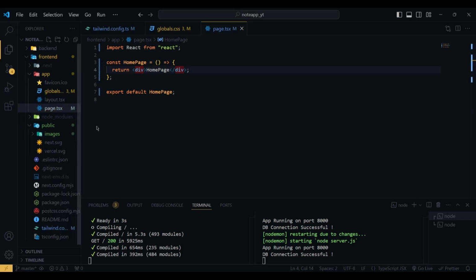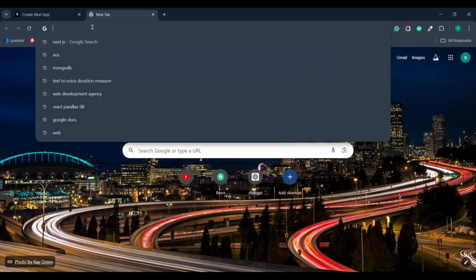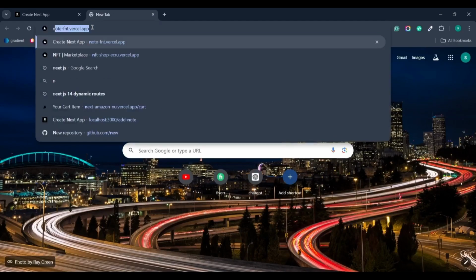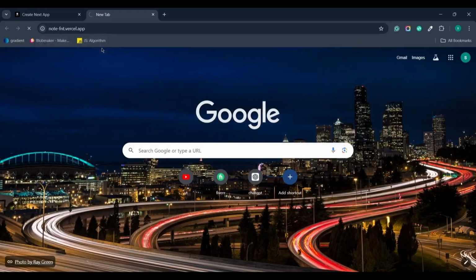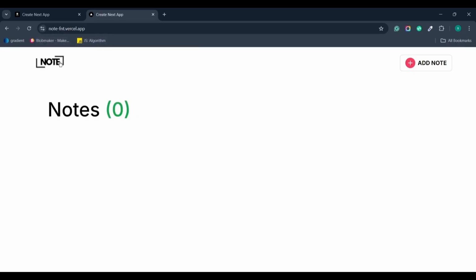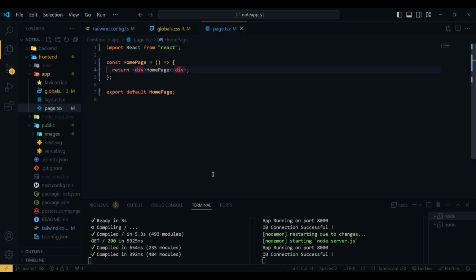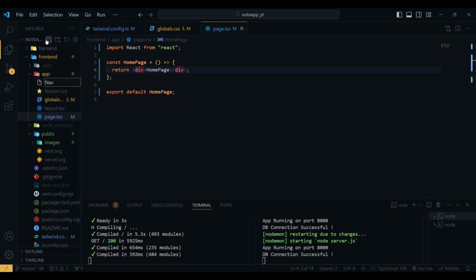Next, what we are going to do is, if I go to the complete project, in the complete project you can see we have a navbar where we have the logo and an add node button. So first we are going to work on this one. So first what we are going to do is create a file called nav.tsx,